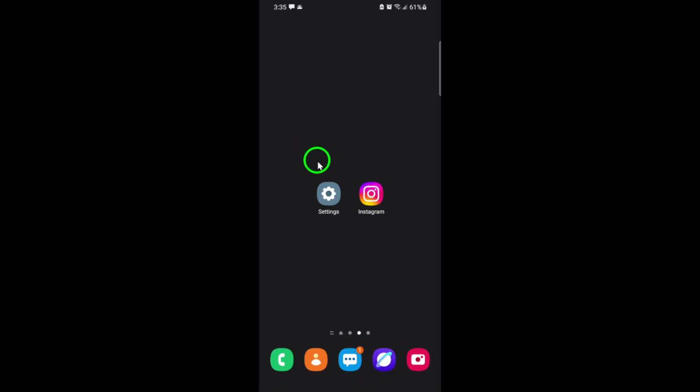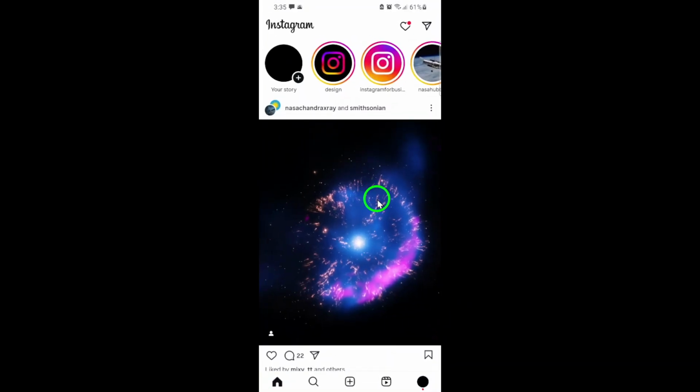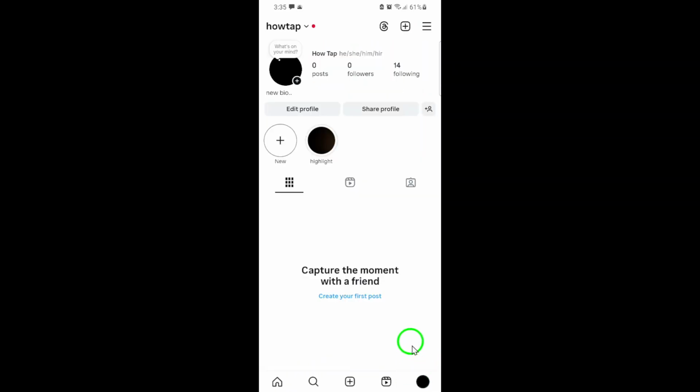Let's get started. First, open the Instagram app on your phone. Make sure you're logged in to the account where you want to unarchive your highlights. Next, head over to your profile by tapping your profile picture in the bottom right corner of the screen. This will take you straight to your main profile page where you can see all your posts, reels, and, of